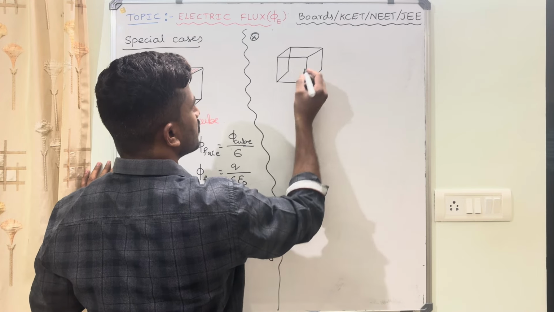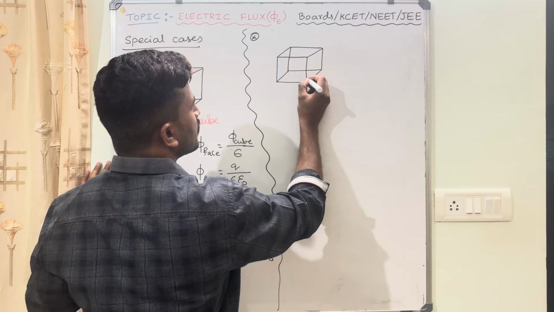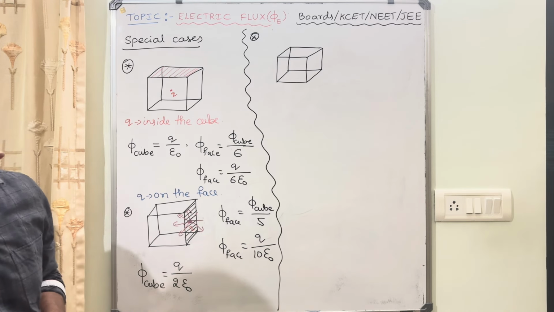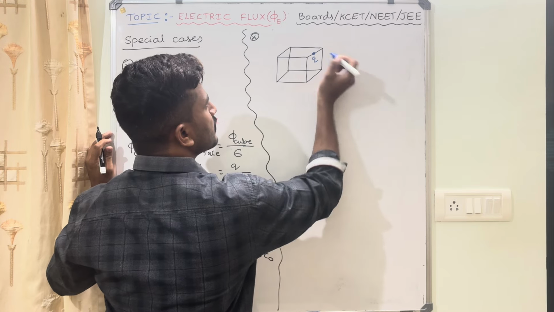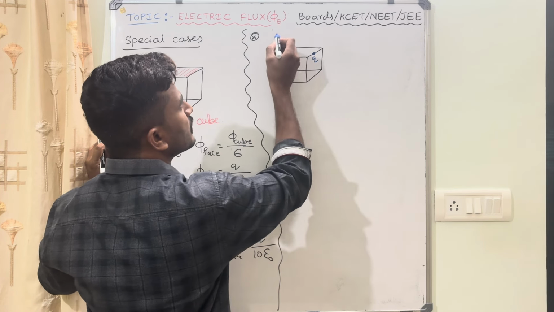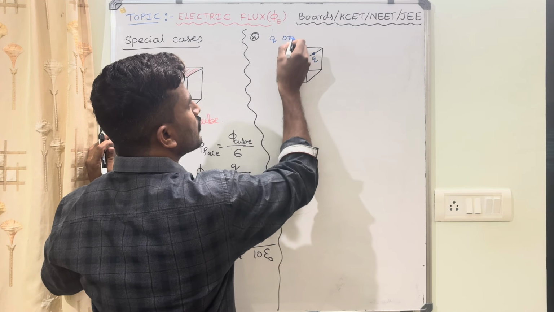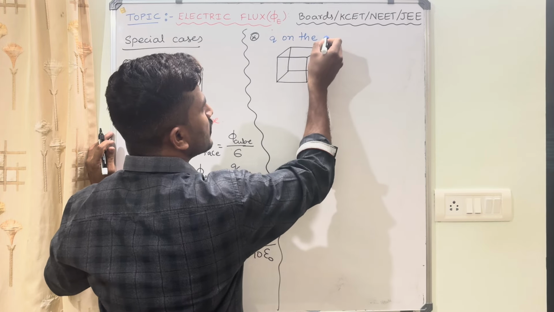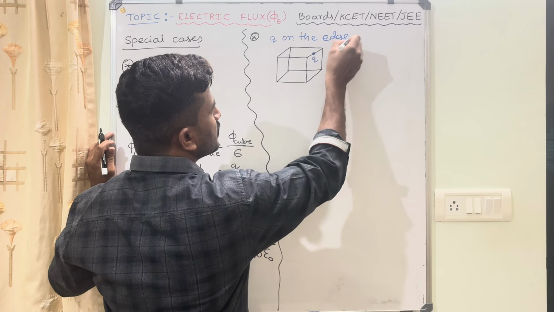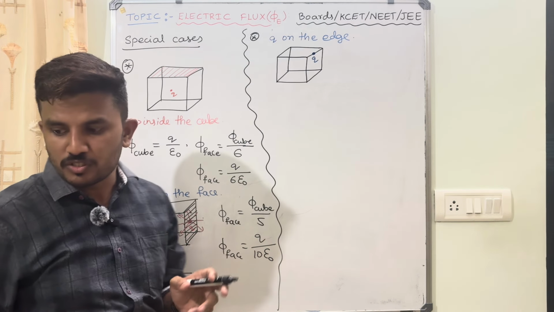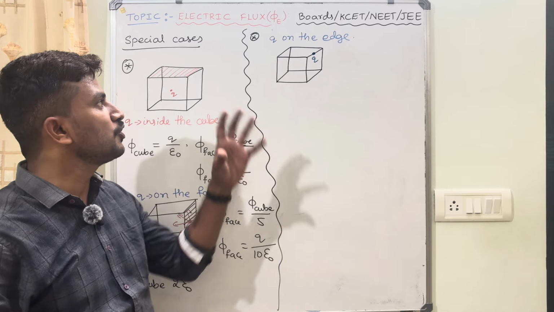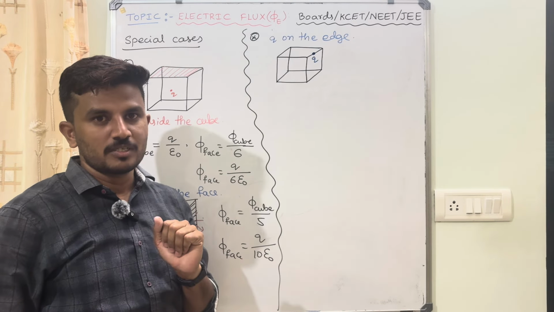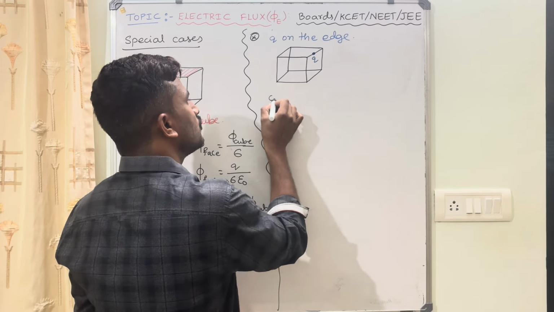Here we have a cube. A charge is placed on the edge here. Okay, on this edge, charge is on the edge. So what happens now? The charge is distributed to how many cubes now? 4 cubes. Sir, how sir? Flux through the cube